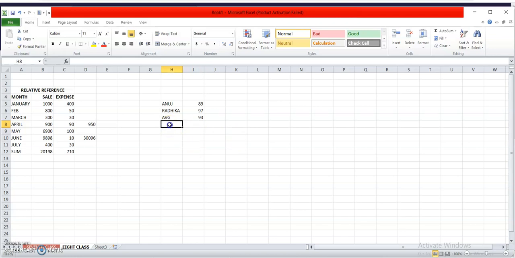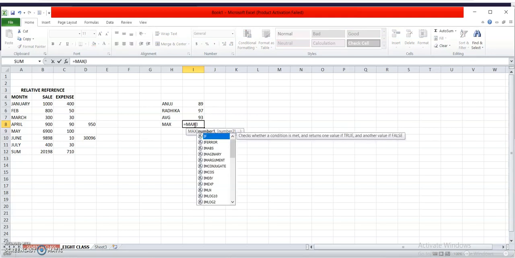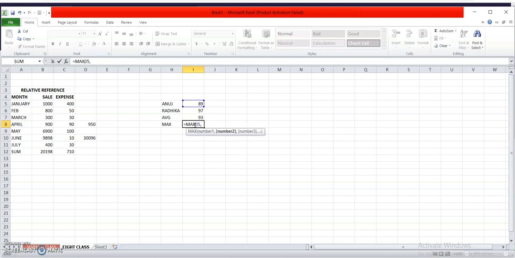If I want to calculate the maximum number between these two, how can I calculate it? Equals max I5 and I6. You can see I can calculate the maximum number also.